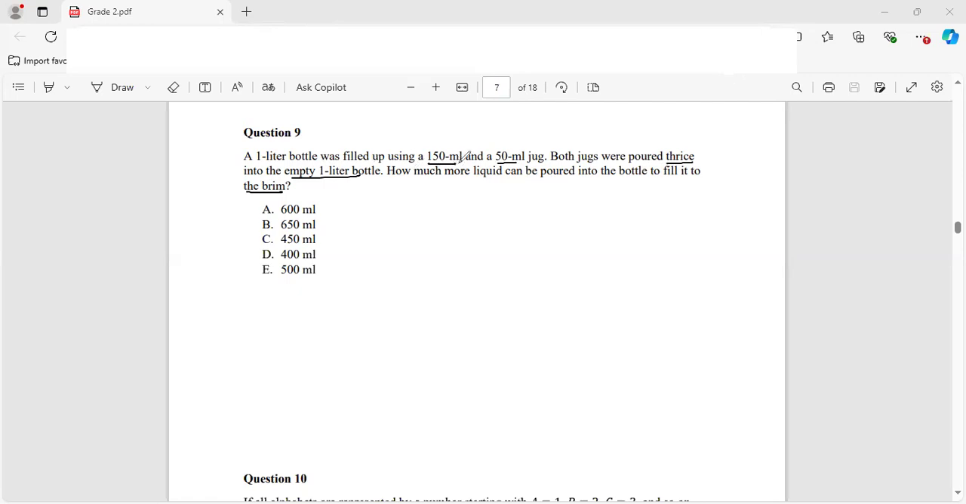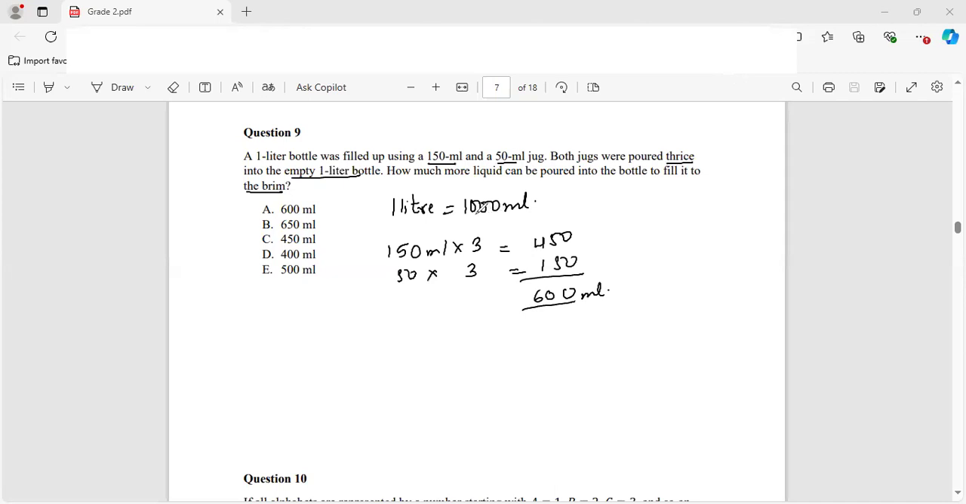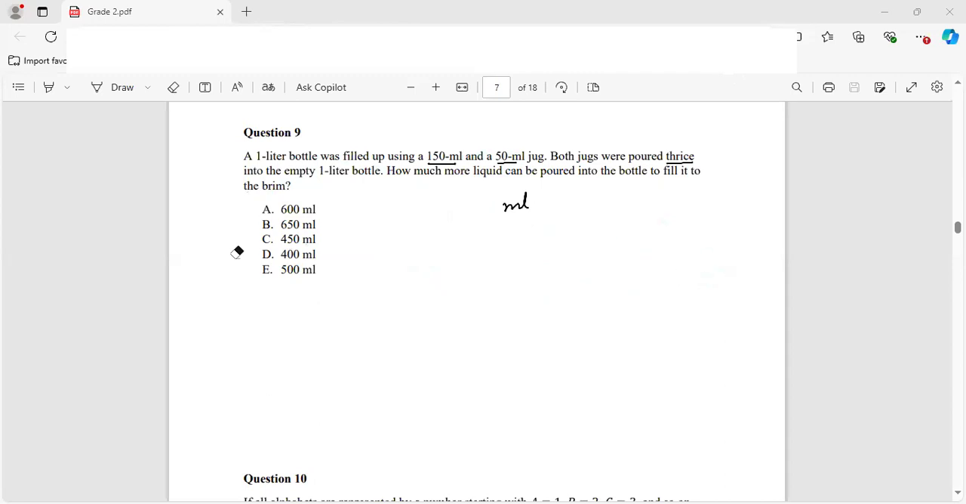Now 1 liter, and since we're talking about ml, I need to convert. 1 liter is equal to 1000 ml. And each of these jugs were used thrice, so I do 150 into 3, I get 450, and 50 into 3, I get 150. So I have filled up 600 ml and the total capacity is 1000 ml. So I do 1000 minus 600, which will be 400 ml. So the answer for question number 9 is option D, which is 400 ml. Let's move on